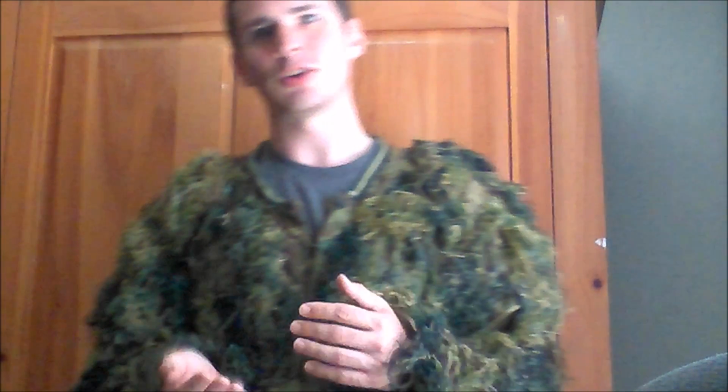So, as you can see, where the digicam is and all the string, it's been clumped up. This thing's been used a lot. My brother actually used this on a hunting trip to High Springs several years ago. We've used it in a few paintball games, and as you can see, this thing has its drawbacks because this